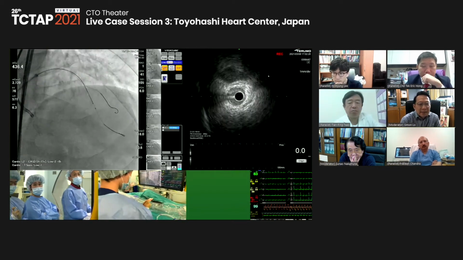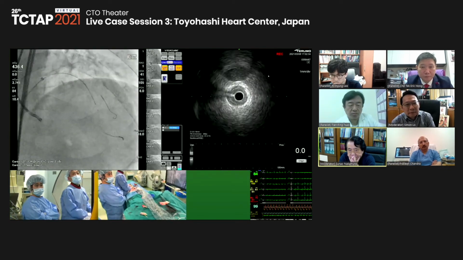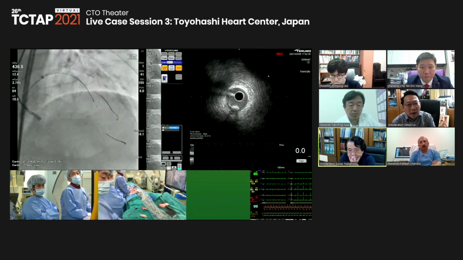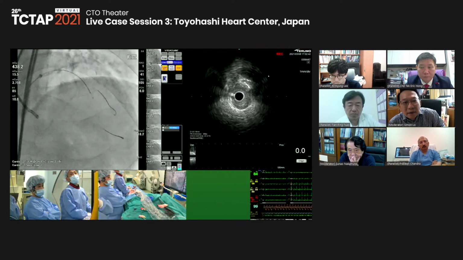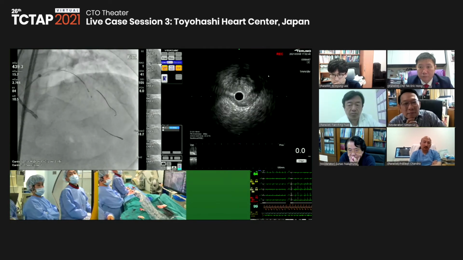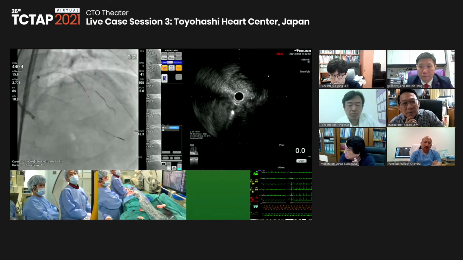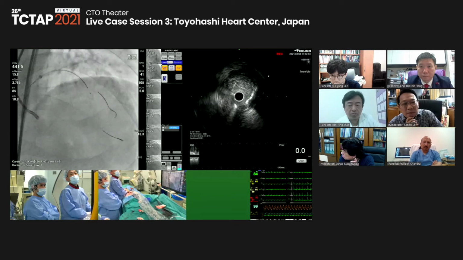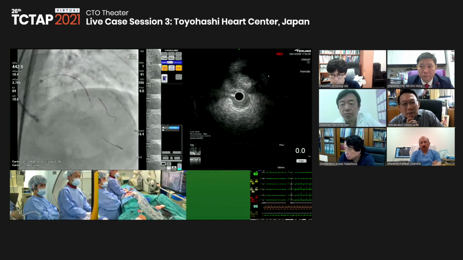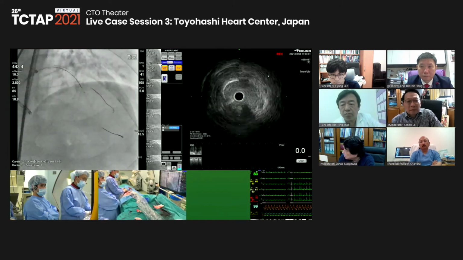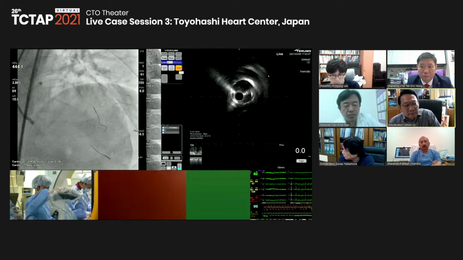Yes, IVUS is in the second diagonal. So from the 1 o'clock, you can see the LED itself. But some fibrous plug, you can see density a little bit higher compared with the proximal side. Maybe, but almost the same. So also we can see the small channels. So maybe we can study from the XTL with the DLC. Is that okay?